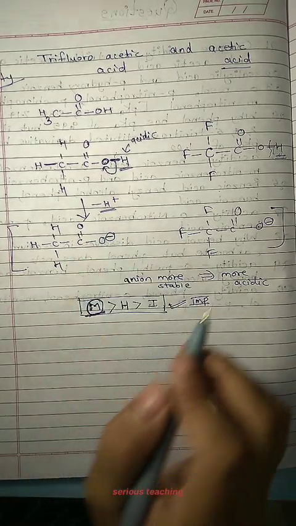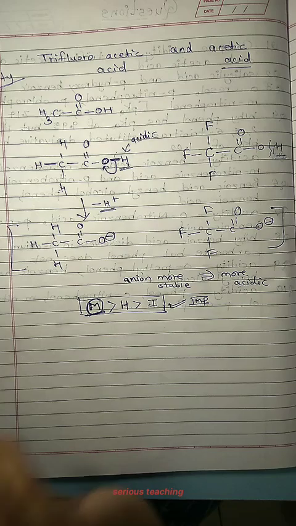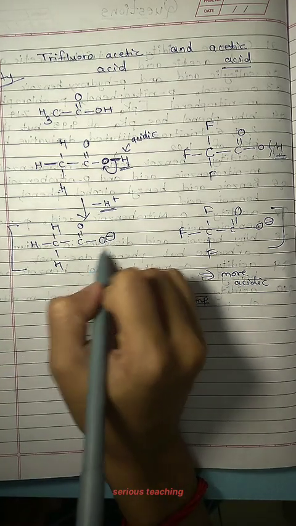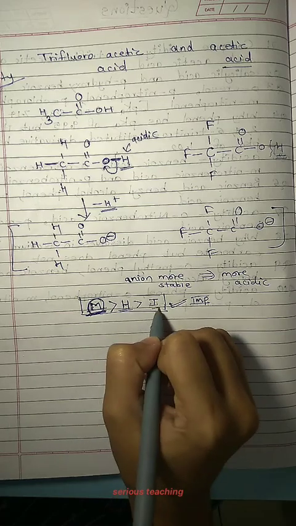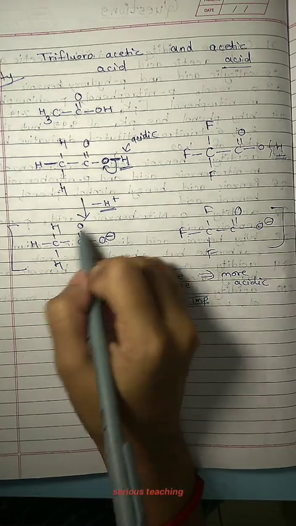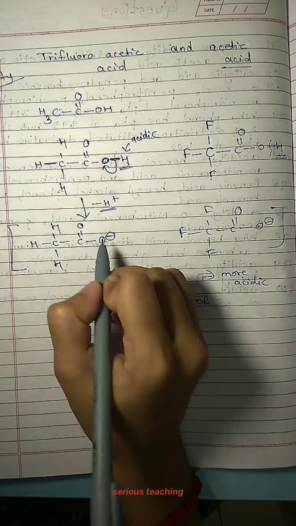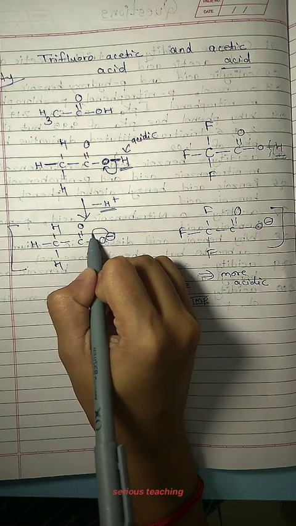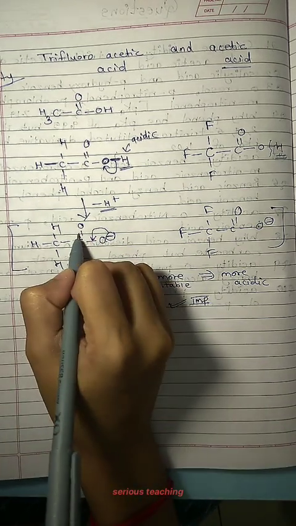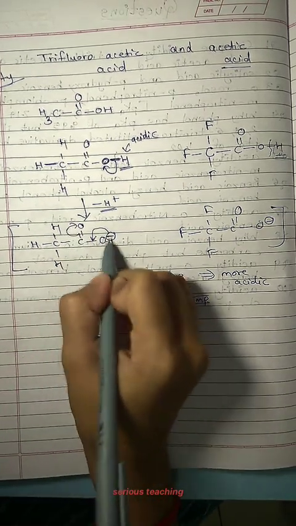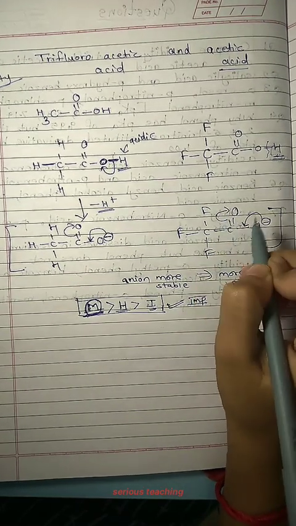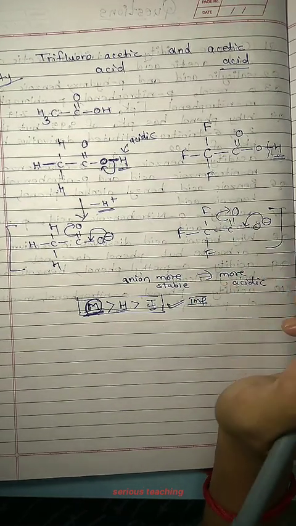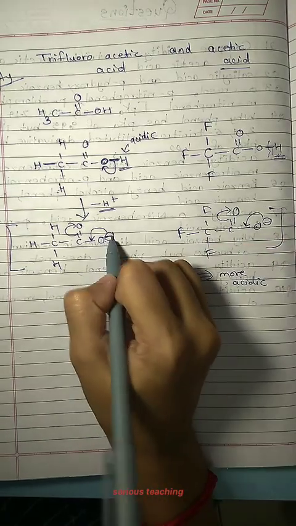So now in this compound, this anion is formed and this anion is formed. We have to check whether there is mesomerism first, then hyperconjugation, then inductive. So you can see here mesomerism, meaning resonance, is present. How? This lone pair of electrons can be shifted here. Similarly, this pi bond can be shifted here. So this is resonance. Similarly, this lone pair can shift here and this double bond can go here. So this is also resonance. So here resonance is there, meaning this anion is stable in both.